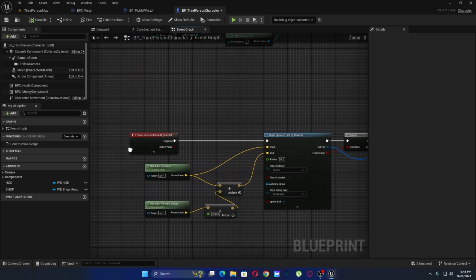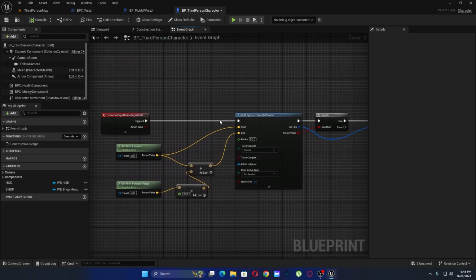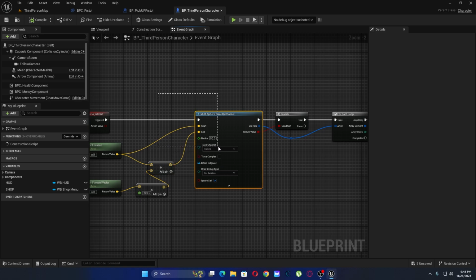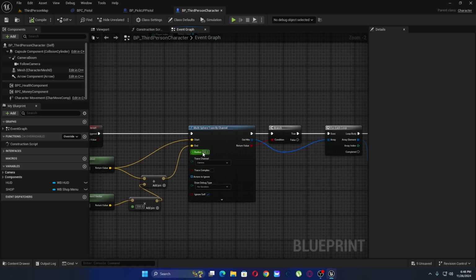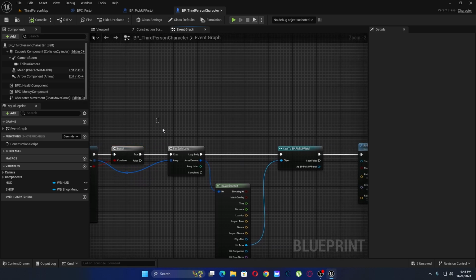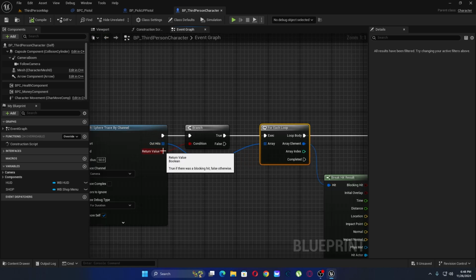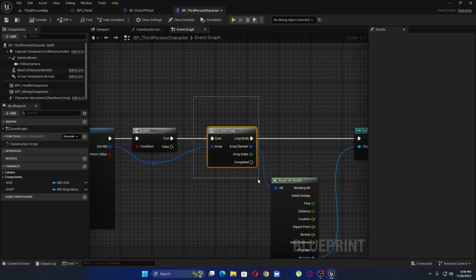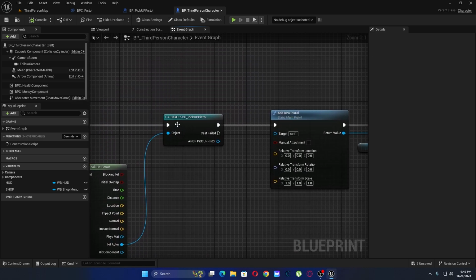Now what this does, this is gonna happen. We press E. It is gonna run a multi-sphere trace by channel, which has our start and the end location. At this 50, it is gonna draw the debug type for its whole duration while it is presented. And then we want to see if we hit anything. We did. We are gonna get all the stuff we hit, break results, and then we want to see, we